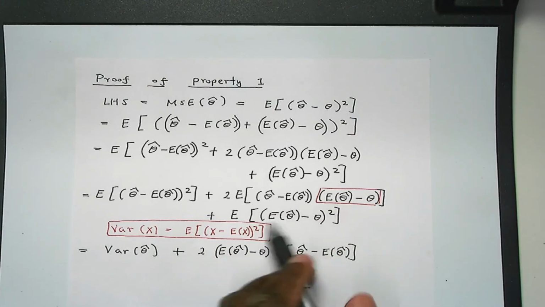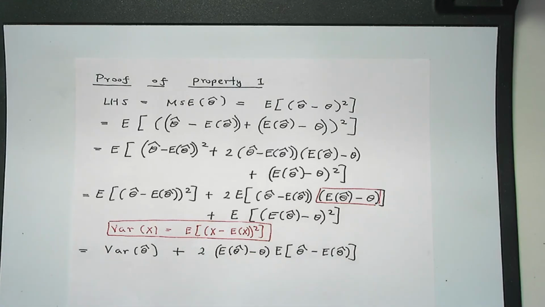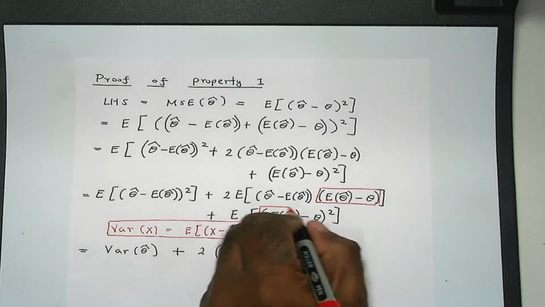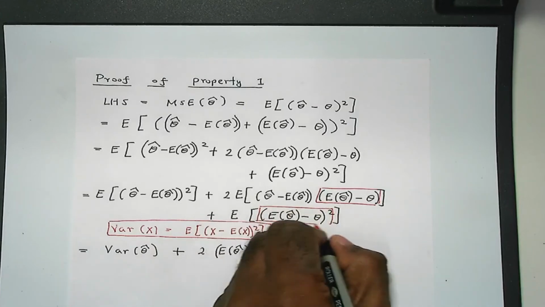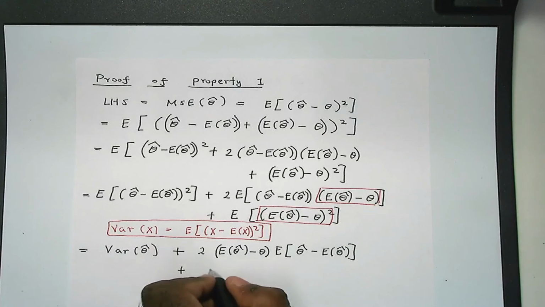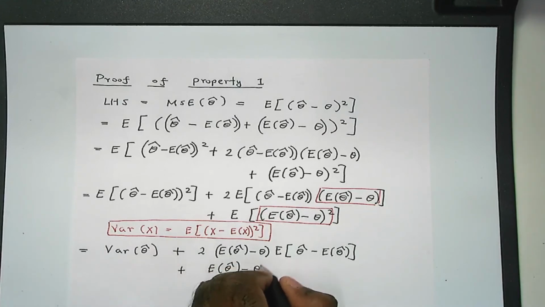And once again, for the same reason, this is also a constant. The expectation of a constant is itself, so what you have is the expectation of this square,